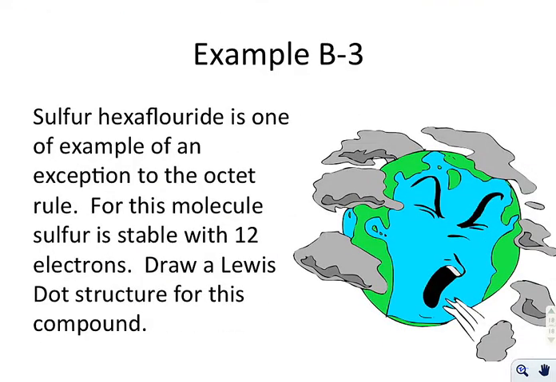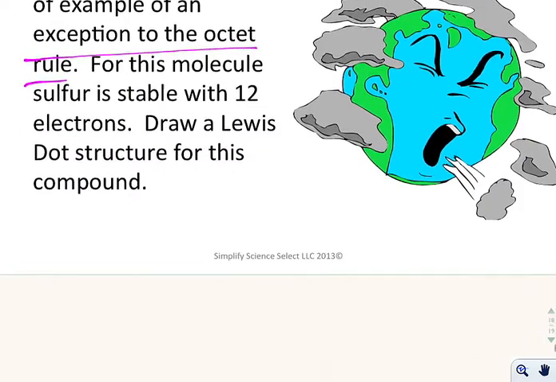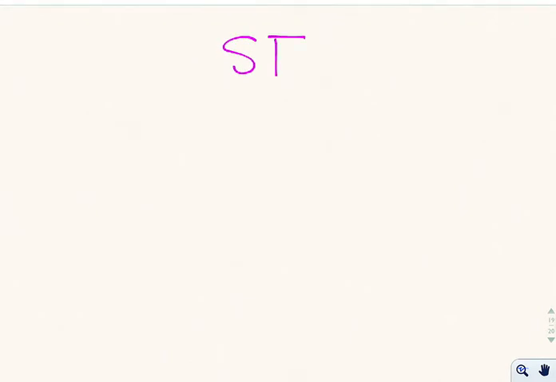Sulfur hexafluoride is an example of an exception to the octet rule. Remember we said it's a general guideline, it's not an actual rule. It says for this molecule to be stable, it has 12 electrons. Draw a Lewis dot structure for this particular compound. Okay, so what we're going to do is we're going to come down here, and it was sulfur hexafluoride. Okay, sulfur hexafluoride is